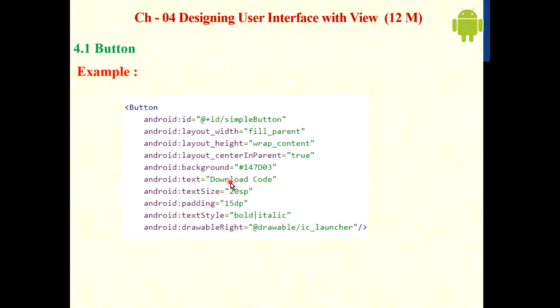So the button displays this text, download code. Then next textSize, in sp, padding, padding is in dp, textStyle bold|italic, and drawableRight. Okay, so this is a simple example to create one button in Android.